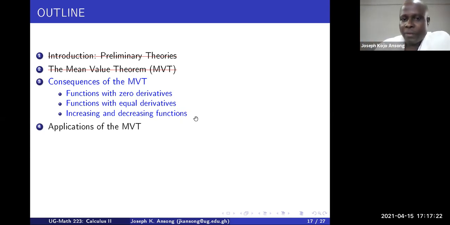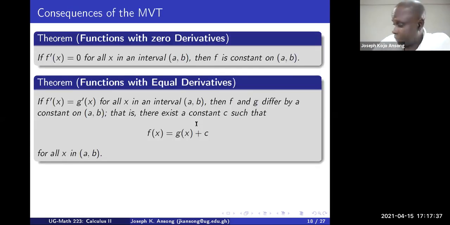I'm not going to prove these theorems. I'll basically put them up, and then we'll use them to solve some problems, okay? And then we'll move on to some applications. Okay, so the first one we want to look at is functions with zero derivatives. So this theorem says that if f prime of x is zero for